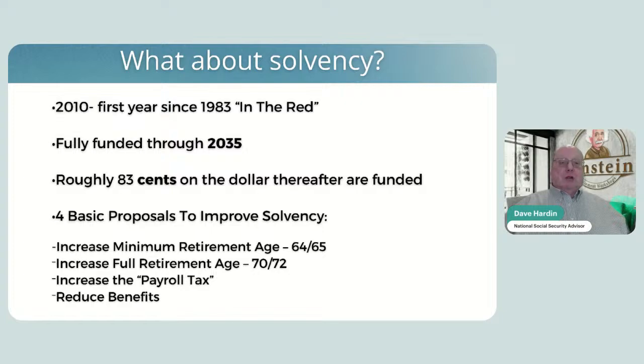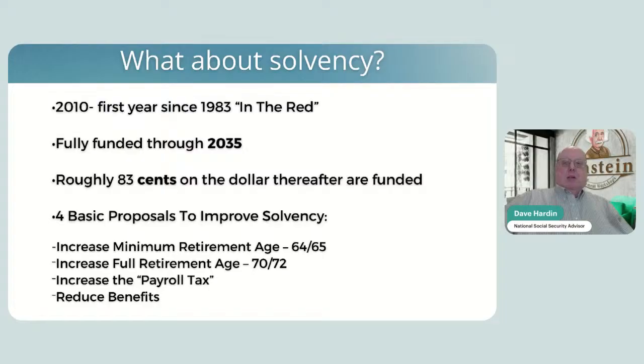Here's the one that fixes the problem completely. Increase the payroll tax. Now, this would have fixed the problem last year, 5 years ago, 10 years ago, would have fixed it in 1983. It's never been done. The OMB did a study about 4 years ago. If the Social Security contribution was raised from that 6.2 to the employer and 6.2 to the employee by 1 point, half a point each, 6.7 and 6.7, it would have fixed this problem for about the next 70 years. But every year we delay, it takes more money to do.